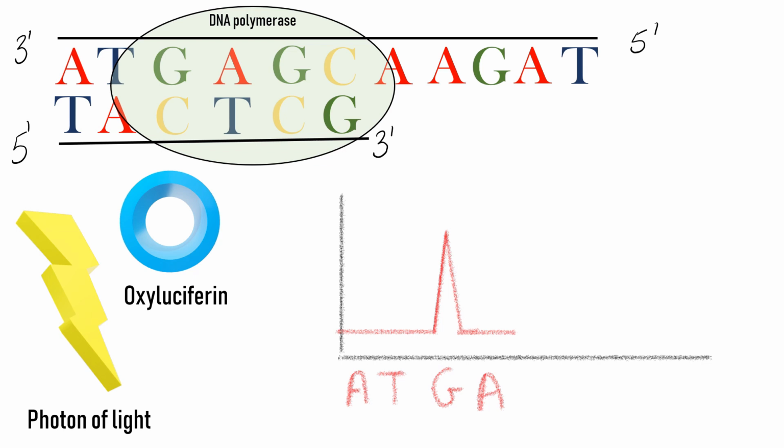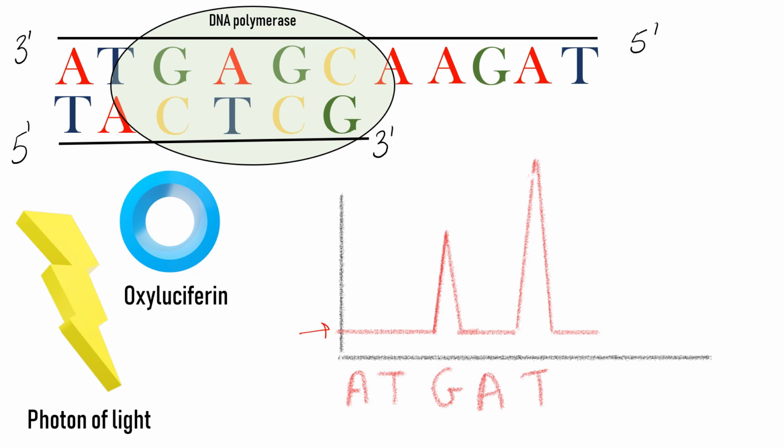On addition of thymine, the graph shows a peak higher than the one obtained earlier. This shows that the DNA polymerase added 2 thymine molecules. Because 2 thymine molecules were added, 2 ATP were generated, and these 2 ATP could react with luciferin in the presence of luciferase to give 2 photons of light. Thus, the signal that is being generated is double. Thus, the double peak represents the presence of the same nucleotide twice. Similarly, the entire strand is extended and based on the graph, the strand sequence is discovered.